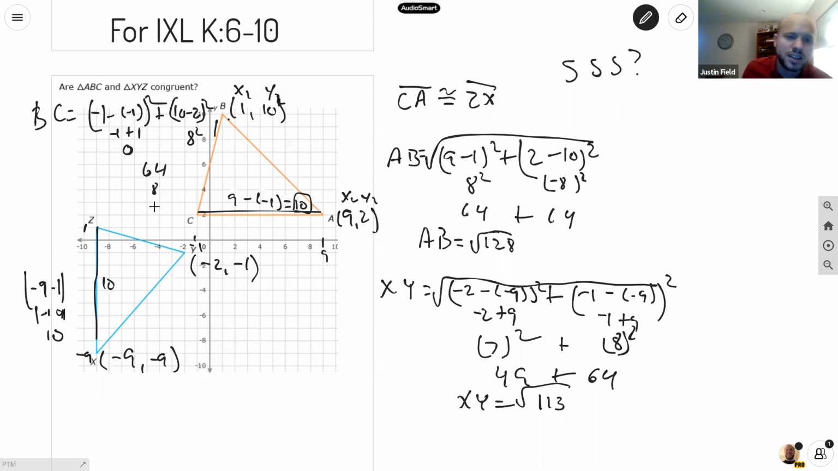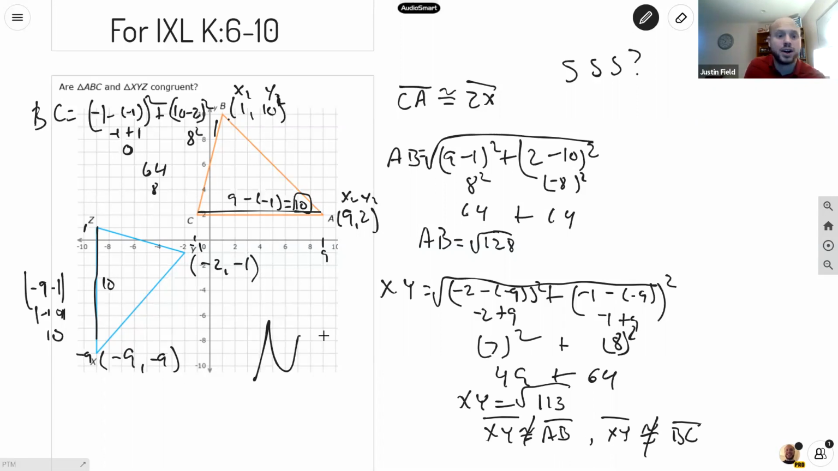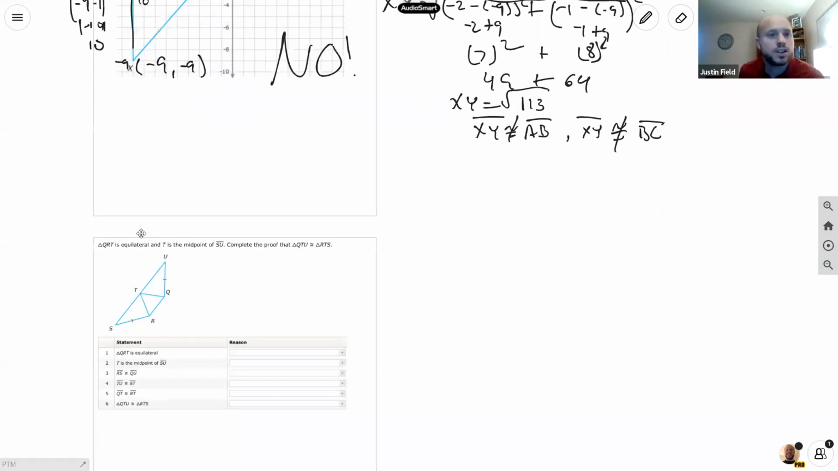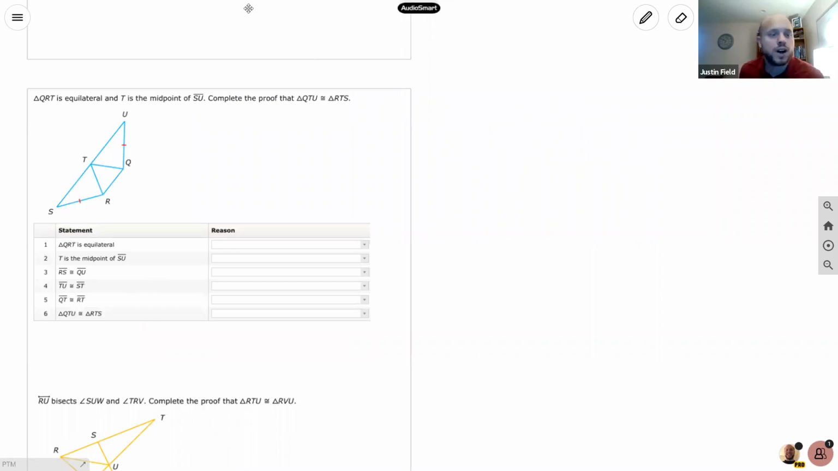Is that right? Even if I'm wrong, it's not going to be the square root of 113. So XY is not congruent to AB. Bam, slash. And XY is not congruent to BC. So these triangles are not congruent. No. If they were, then we would have equalities for each side pair. Okay. Let's move on to some triangle congruence proofs that are a little bit more in depth than in K1